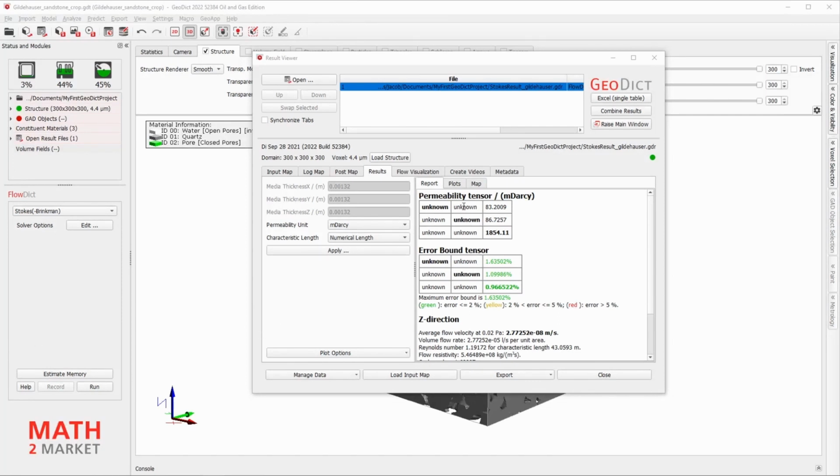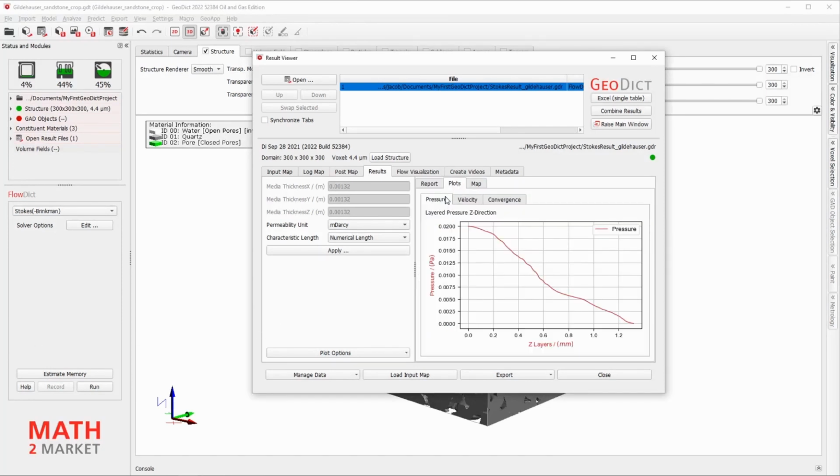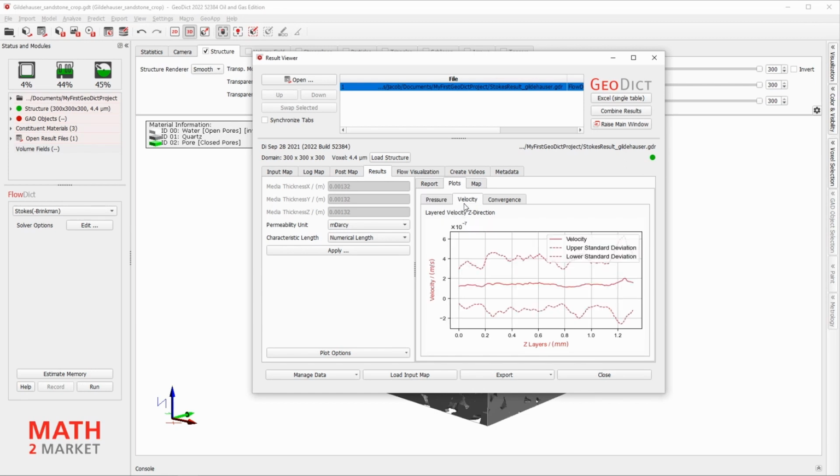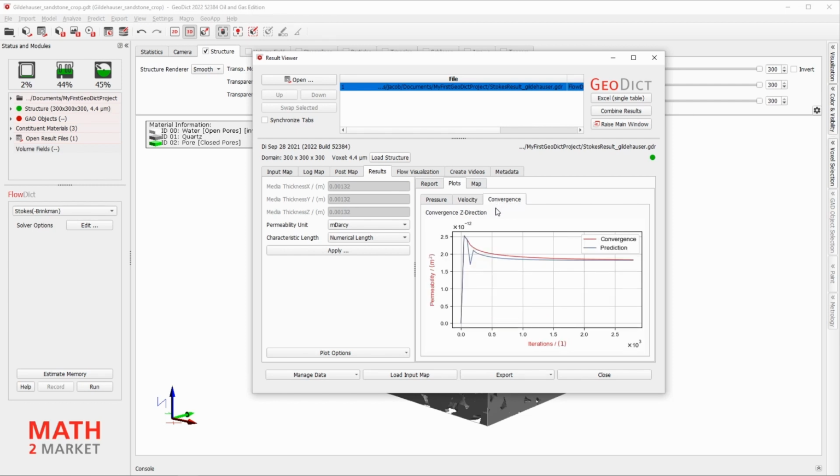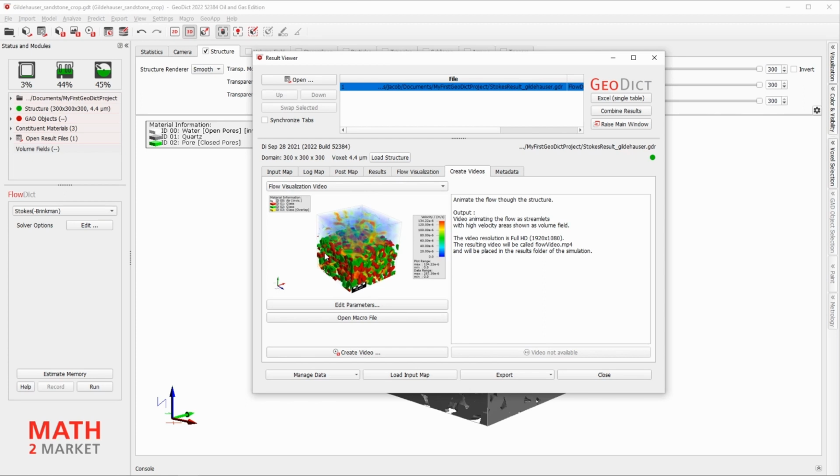You may also have a look at the plots of pressure and velocity distribution within the sample, or display the convergence. In GeoDict, you may also create videos.